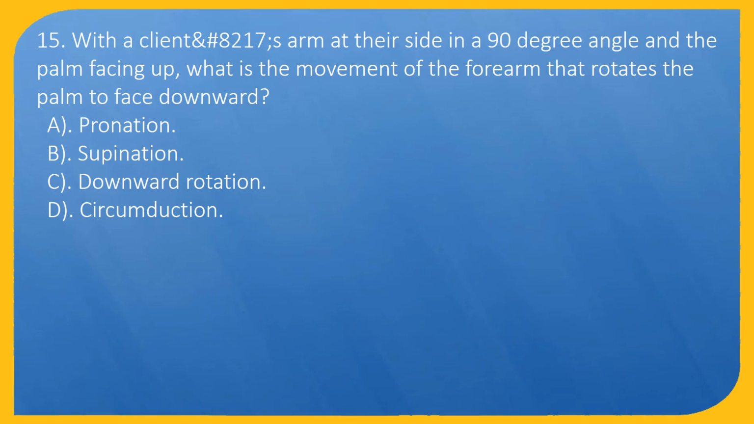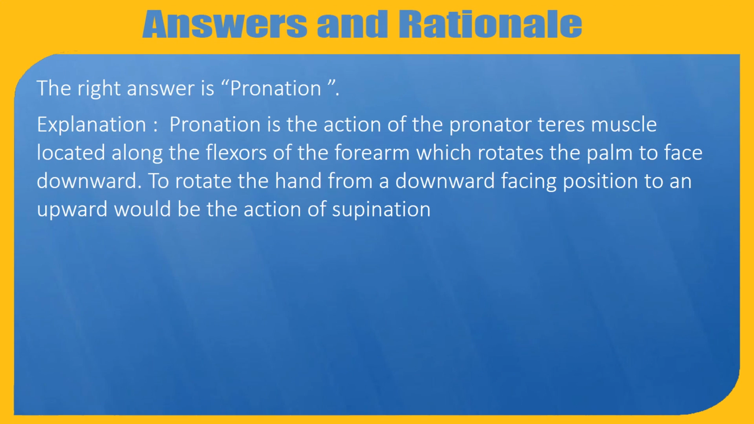B. Supination. C. Downward rotation. D. Circumduction. The right answer is pronation. Explanation: pronation is the action of the pronator teres muscle located along the flexors of the forearm, which rotates the palm to face downward. To rotate the hand from a downward-facing position to an upward would be the action of